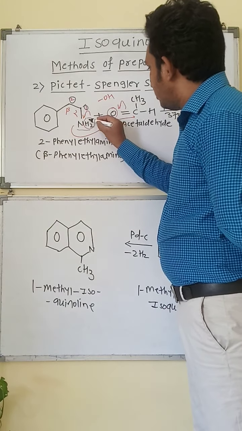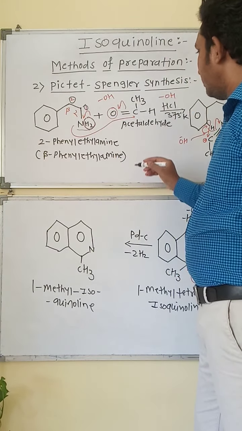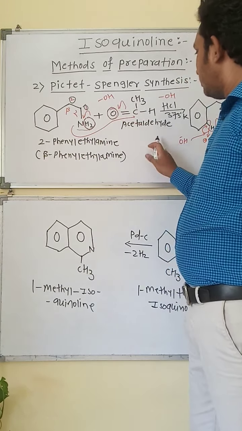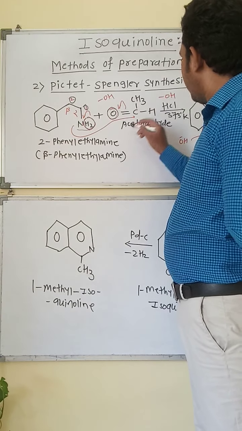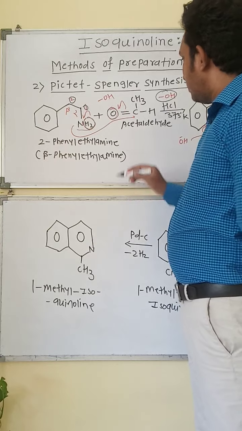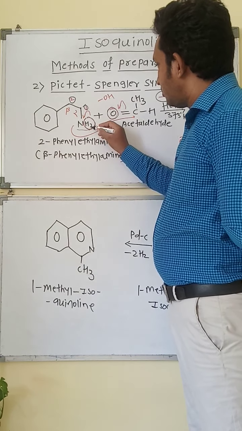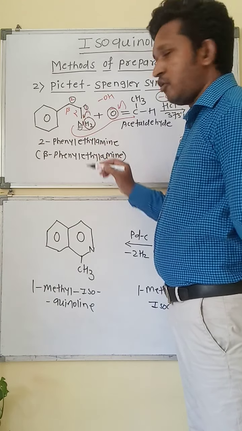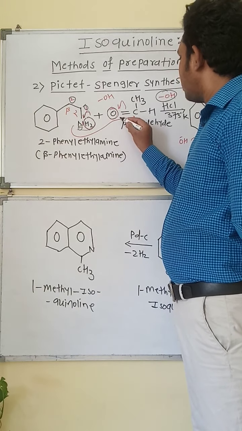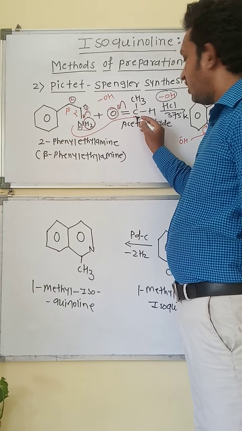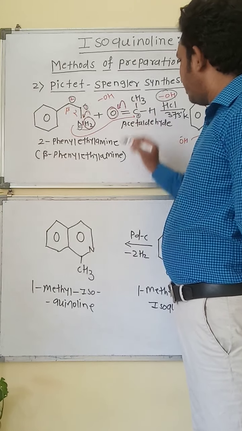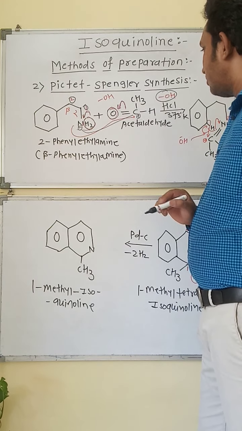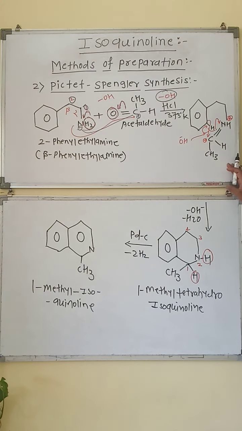First of all, one hydrogen from the nitrogen, from the amino group of 2-phenylethylamine, and the oxygen from the acetaldehyde will be removed as OH negative ion. The remaining structure will condense. How? The nitrogen bears a lone pair of electrons and a negative charge, and the oxygen takes the electron pair from the carbonyl carbon, so this carbonyl carbon becomes electron deficient. Now the nitrogen attacks the electron deficient carbon atom, and there is a condensation between them. Look at the structure it forms.